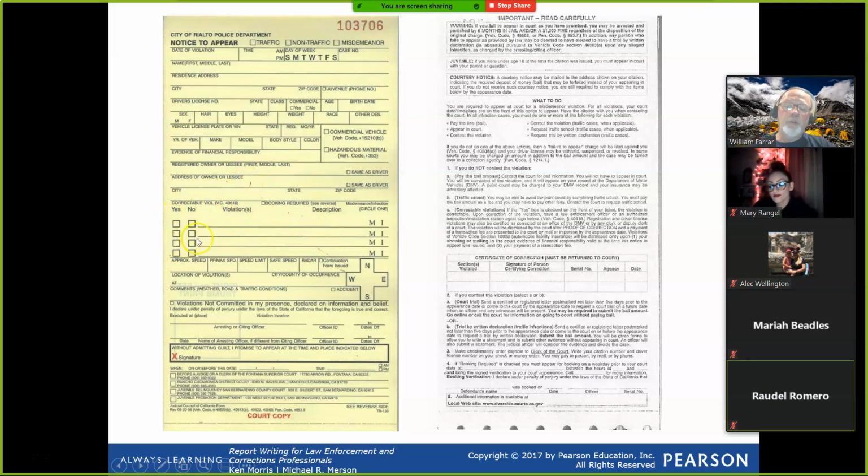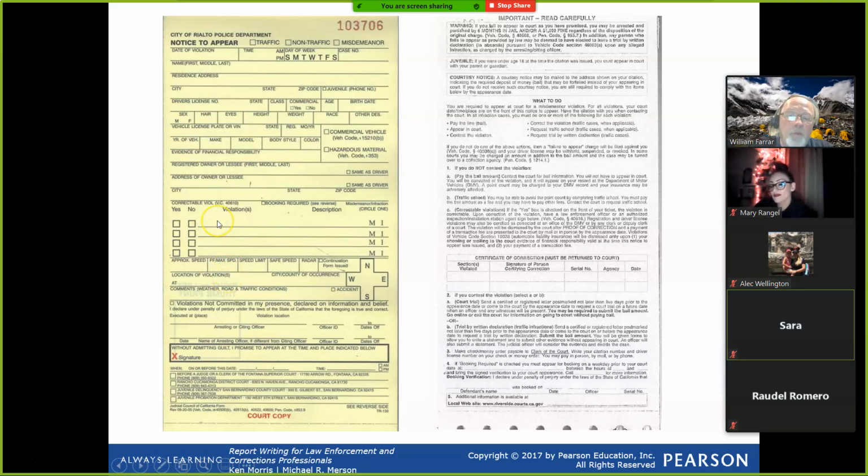Here's the violations. So if it's speeding, you could put, if it's correctable, you can put yes. If it's not correctable. So real quick, what would be a correctable offense, do you think? A traffic related offense. Something that you could fix. Broken tail light. Yeah. So broken taillight. Or here's a good one. Tinted windows. Yeah. So if you pull someone over and they've got limo tint all around their whole car,